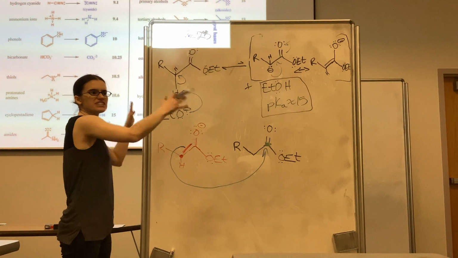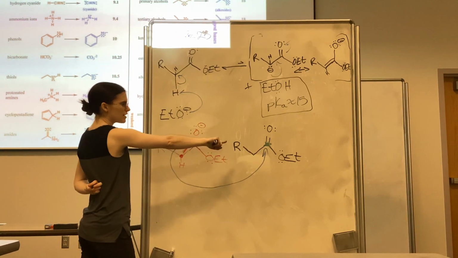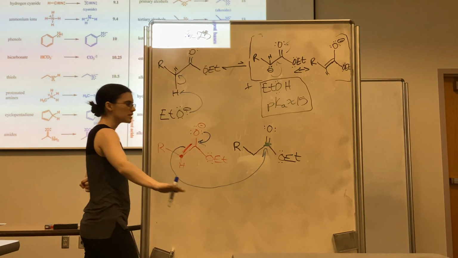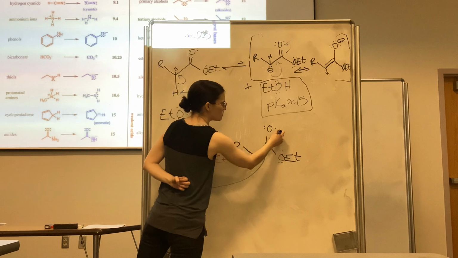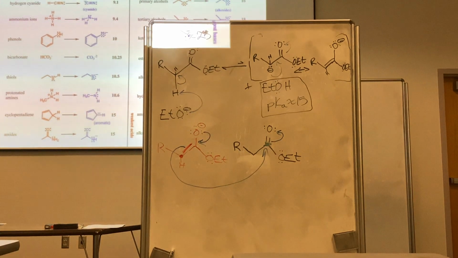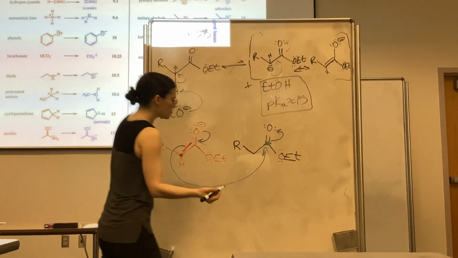So this guy comes around and attacks there. This goes, hey, carbon, chill out, it's fine, you're good. And this one goes, I'll just take these, because otherwise you're not going to have that, right? And we end up with